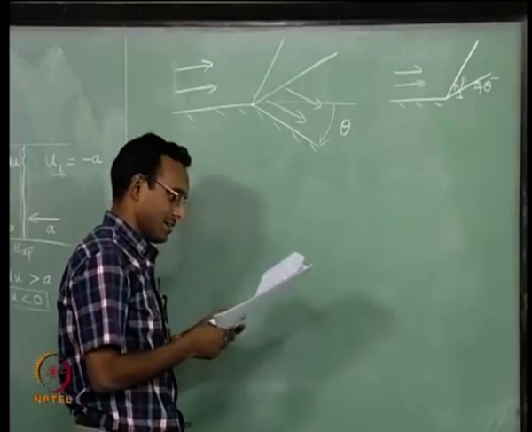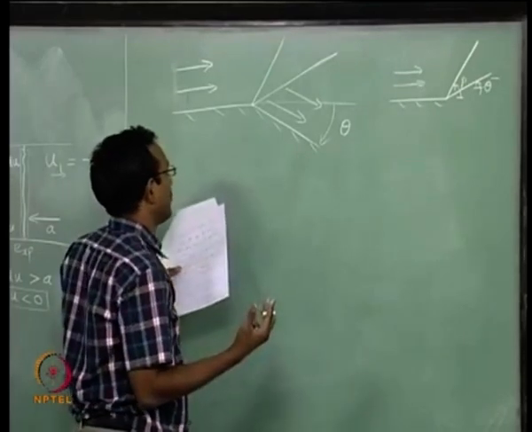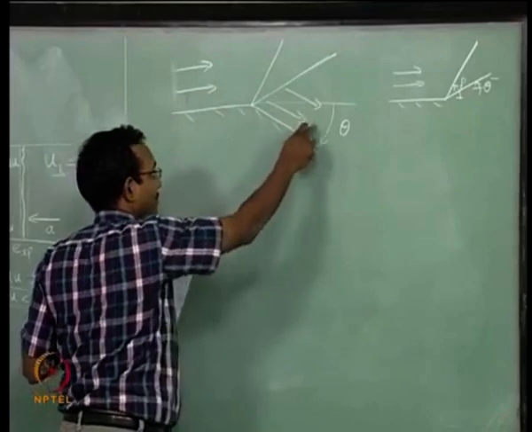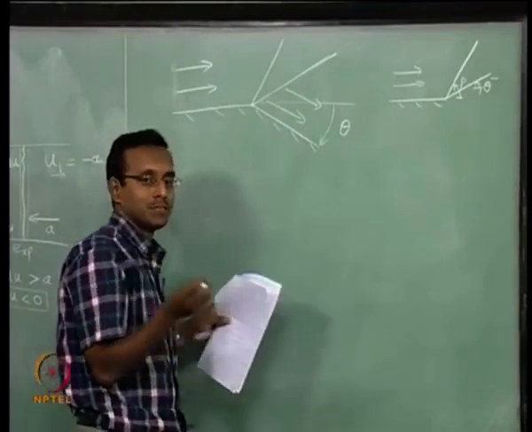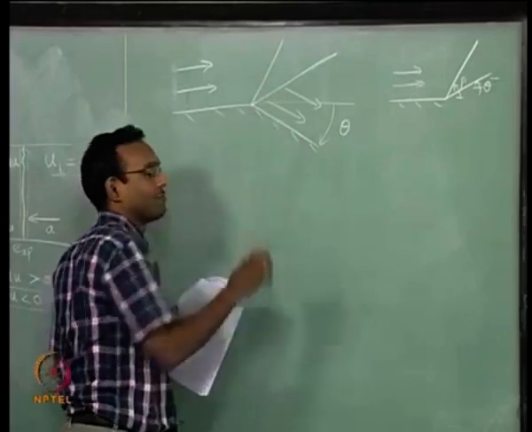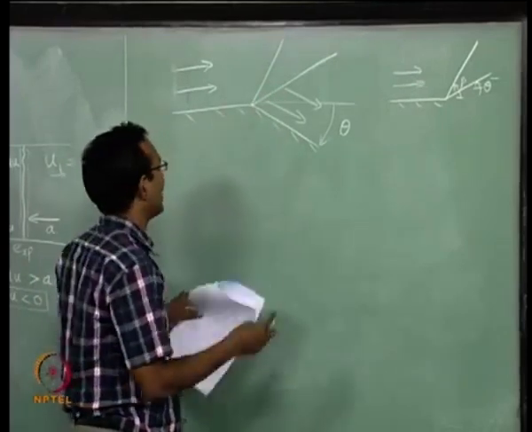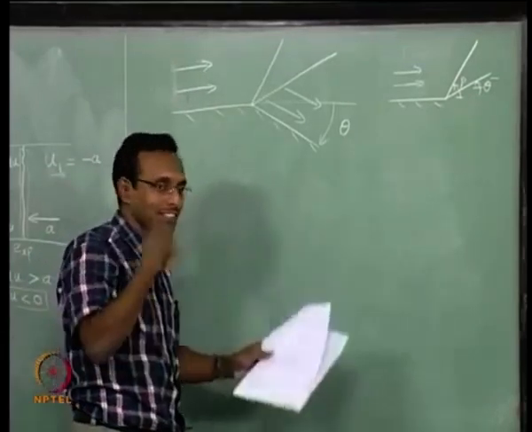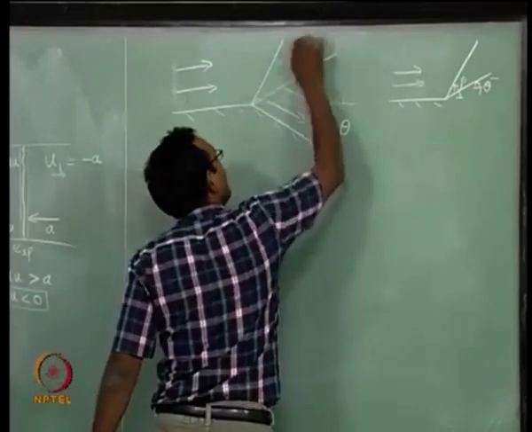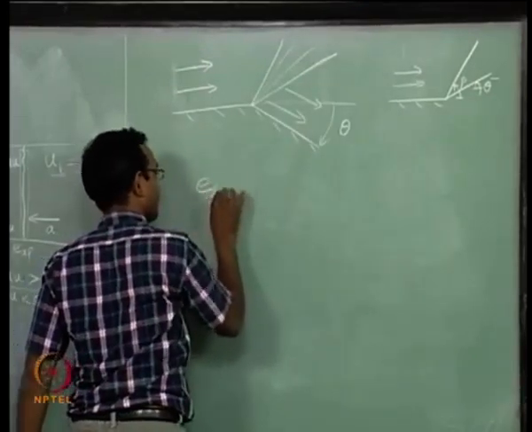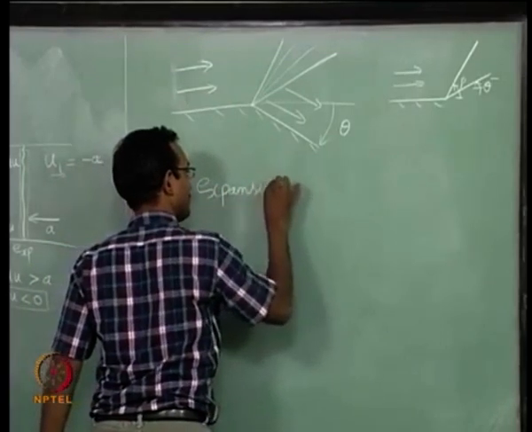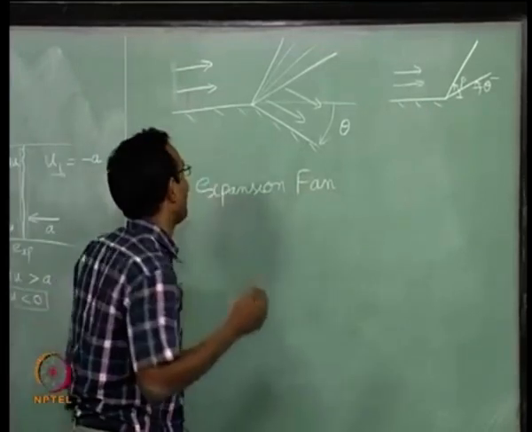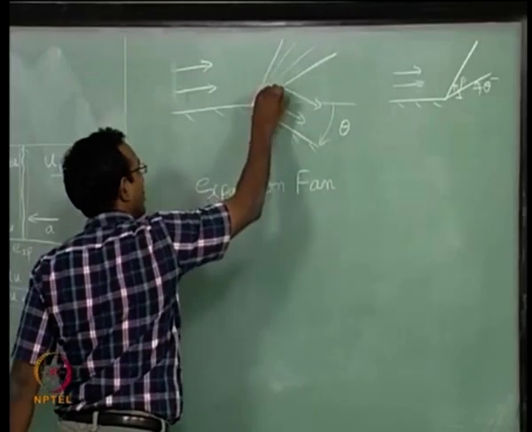Now, ideally what we have to do is find expressions for a given theta, what will be the change in Mach number, what will be the change in pressure, temperature, density, everything across this set of expansion waves. Now, we will give a nice name for this. Since it looks like the fan which opens up like this, that kind of fan, they call this the expansion fan. If you want, the Japanese paper fan. It is something like that, that is why it is called the expansion fan.